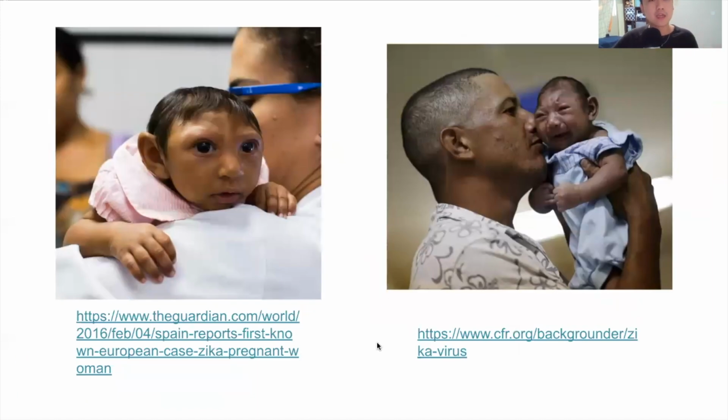So here are the graphic images that I've warned you guys about. On the left and the right, it's just babies who have microcephaly, right? You can obviously see that their head shape is a little different. And I've also made a 3D model. It's right in front of me that I'll be showing you guys. But my model is not as great as these images, but I really like to have something in front of me when I'm looking at something. And so I will show you guys that in a little bit. But these images just kind of show how devastating it is for these babies to be infected with Zika virus and ultimately be born with microcephaly, right?